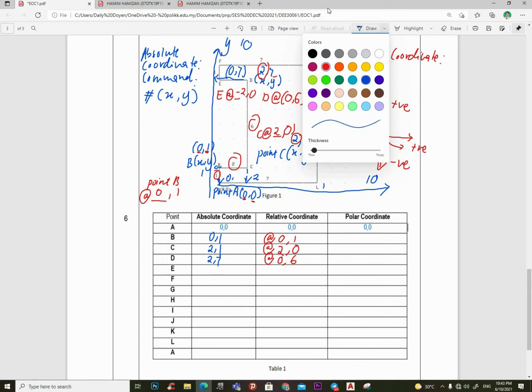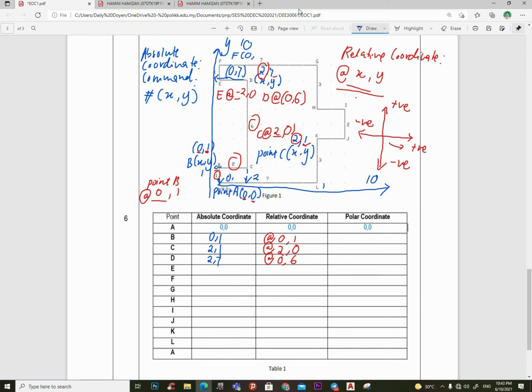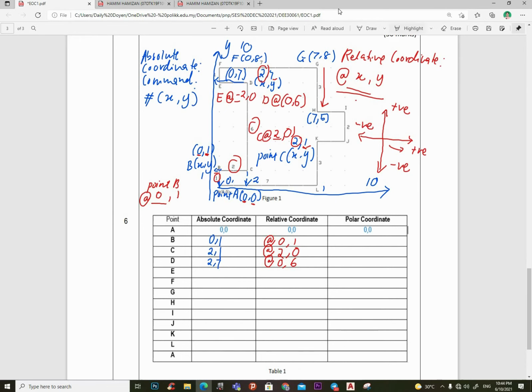Okay, we move on to, because I want to show the example of the direction going down. F is equal to 0, 8. G is equal to, this is the absolute coordinate point, 7, 8. Now we want to use relative coordinates for point H. The direction is going down. The absolute coordinate point for H is equal to 7 and 5. Now the relative coordinate points for H is